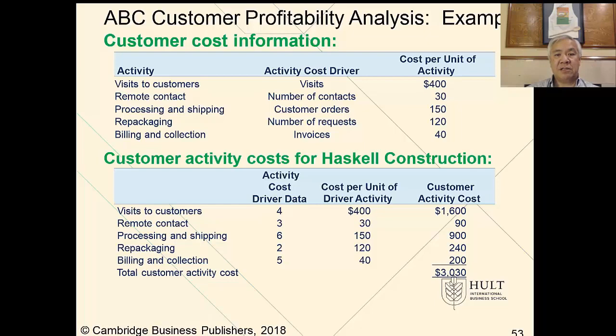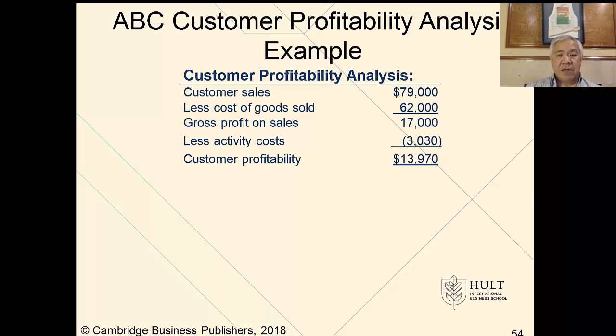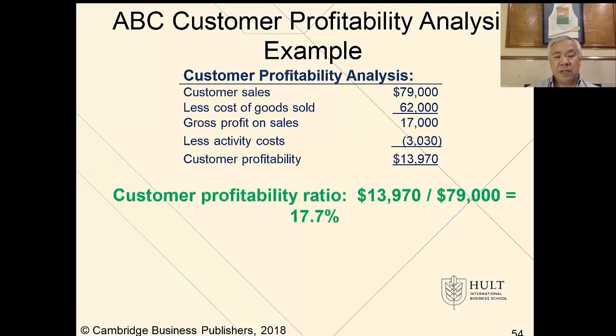We can then use this information to look at the overall profitability of Haskell to the company, which is here. If Haskell bought $79,000 worth of items and the cost of goods sold is $62,000, our gross profit is $17,000. We probably had that already. But now we can further elaborate and say $3,000 is the cost, our internal overhead cost, to service the account. So we really made $13,970, which represents a profitability ratio of 17.7%. This is only Haskell. First of all, at least they make money. But we need to look at this compared to other customer profitability for our various other accounts